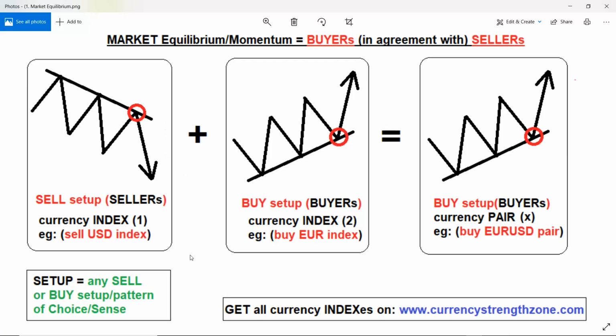And the setup can be any setup of choice or any setup that makes sense to you, whether a sell setup or buy setup. So over here we have a sell setup, for example, if USD index has a sell setup or pattern,